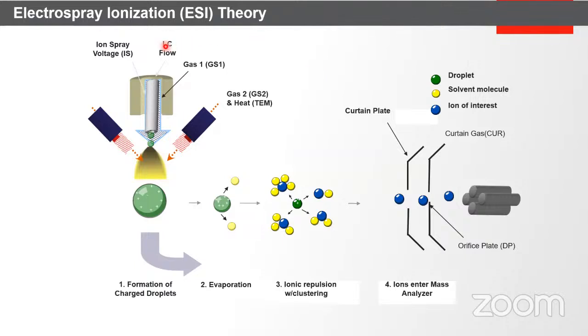I'll not go into detail, but just to give you a line: from LC, liquid chromatography, your flow is coming here. Then there are different gases, sheath gases, these are called. So your droplets are coming here. These are heaters basically. Because in a liquid chromatography system, your mobile phase may also come along with this. So all solvent needs to be dissolved before these ions enter into the mass spectrometer. At this point in time, it was not an ion, it was just a droplet. Now this droplet formation happens, then the evaporation. Because of these heaters, evaporation happens.